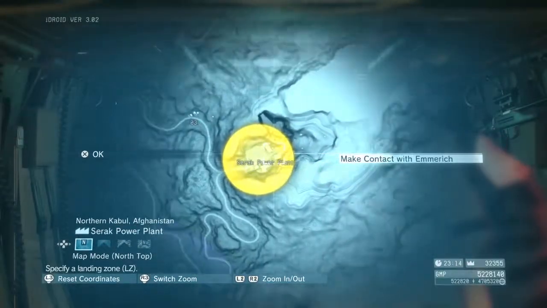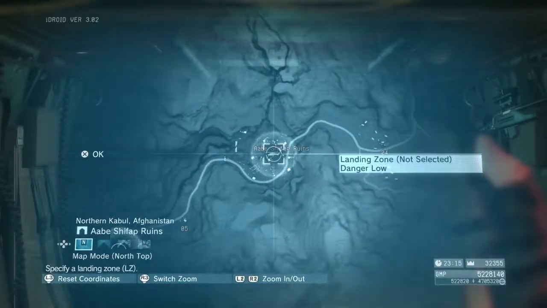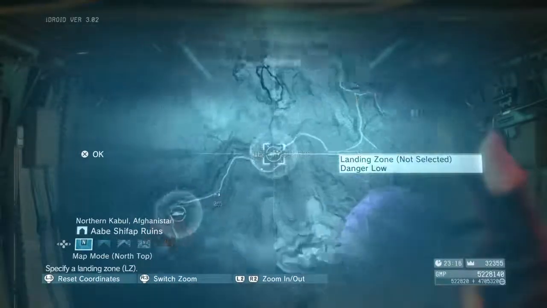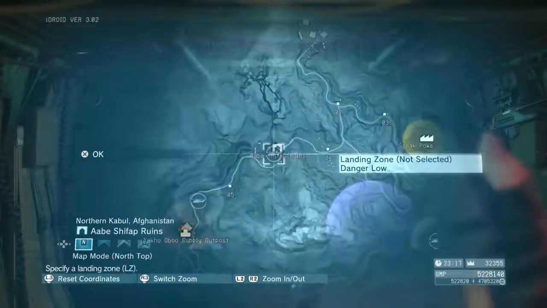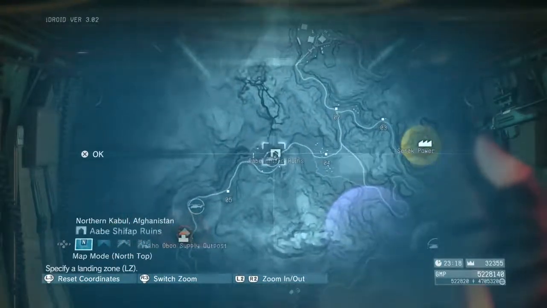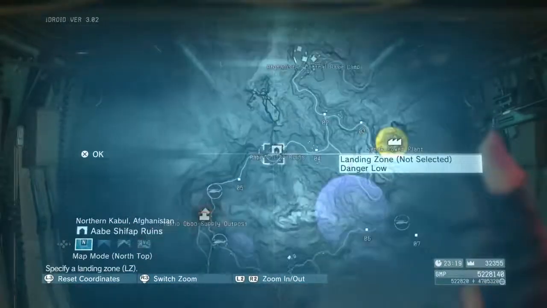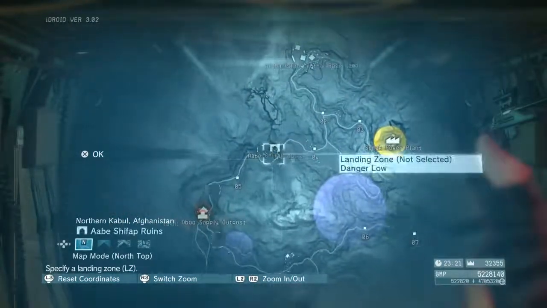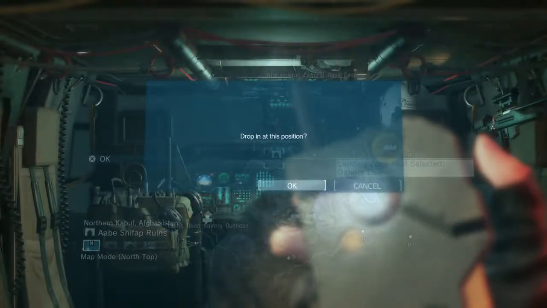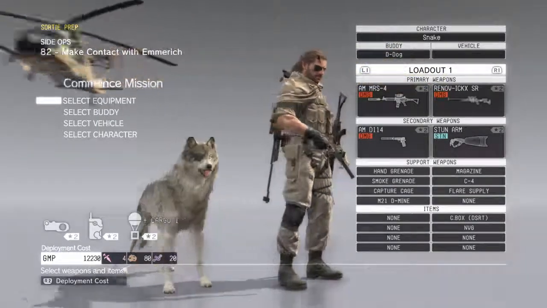So I'm gonna head to the sideop power plant to make contact with Emmerich. At first we couldn't land here because of the sniper rifle battle, so we're gonna go here. It's open now since mission 11 is completed. So now we're heading to the sideop power plant to pick up Emmerich. So for this mission,